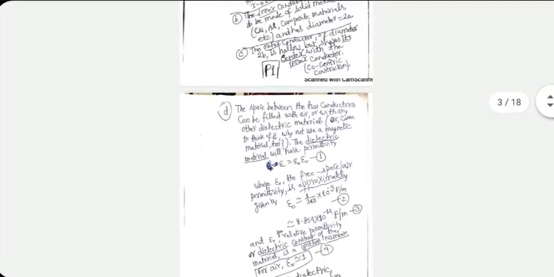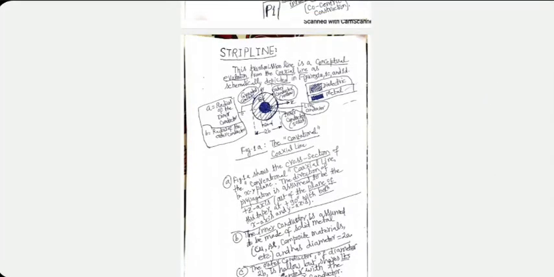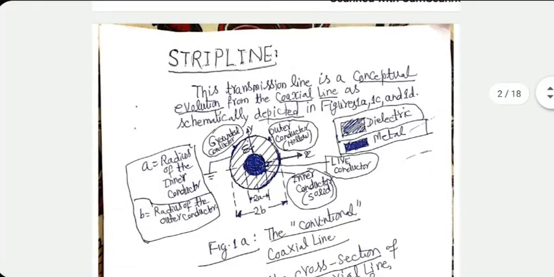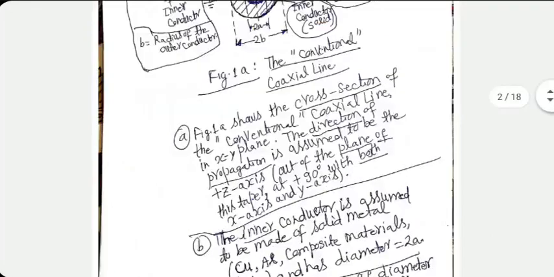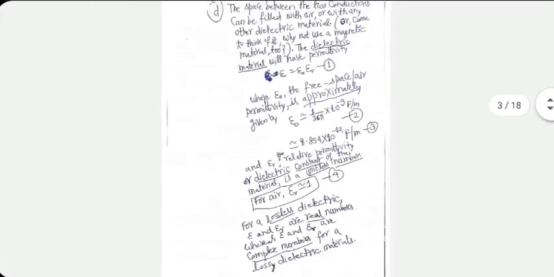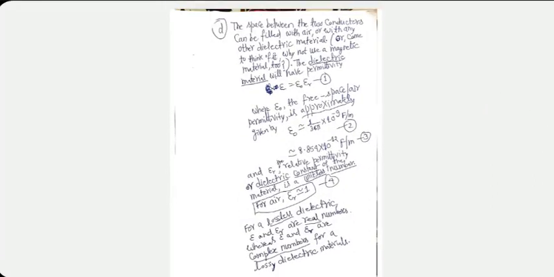One important thing you have to remember is that if the dielectric material between the two conductors, whether it is a coaxial line or microstrip or strip line, in all such cases, important thing is that if the material is lossless, the dielectric constant will be a real number. If the material is lossy, dielectric constant will have a complex value. The rest of the things here are well known to you. Once you get the document, make sure you understand all this. Values of epsilon naught, etc., etc. You know all this, right?